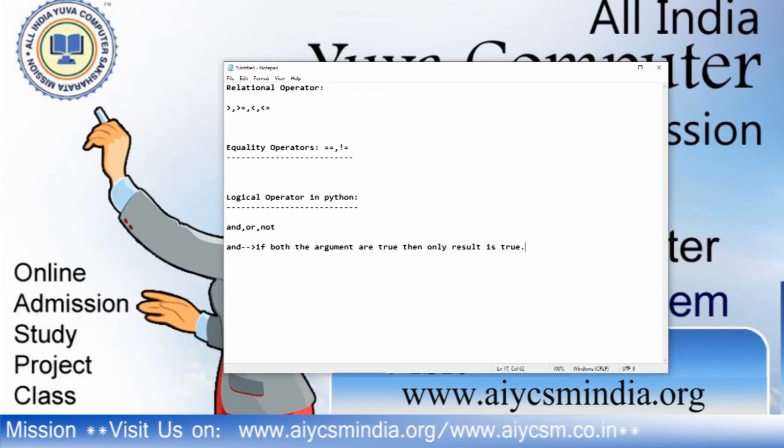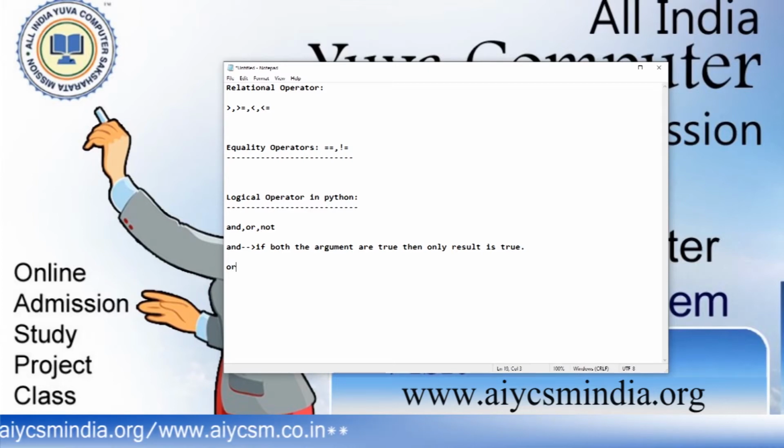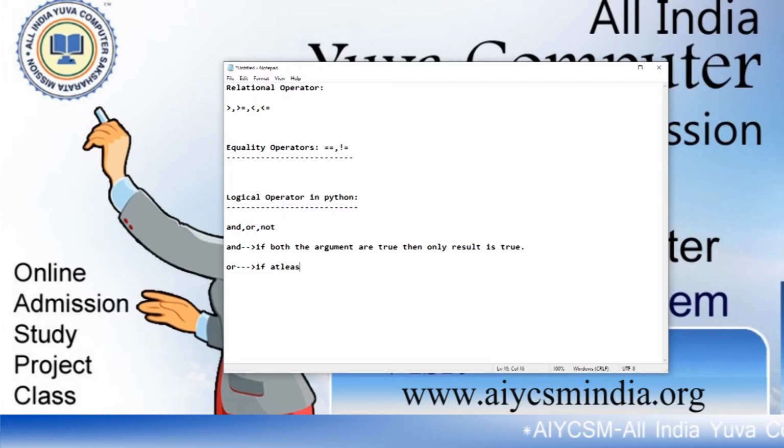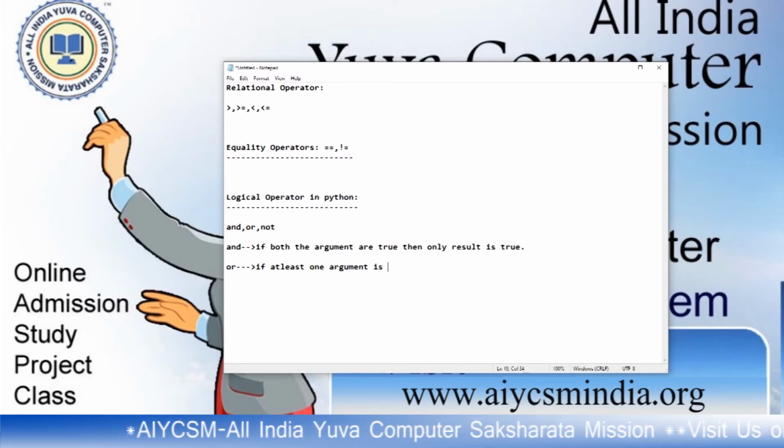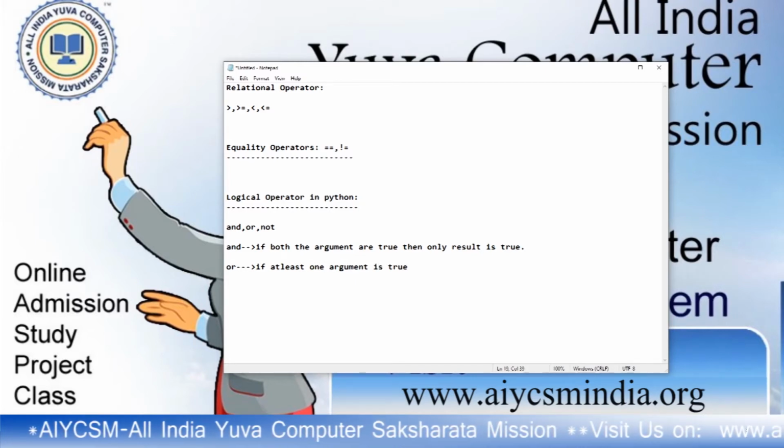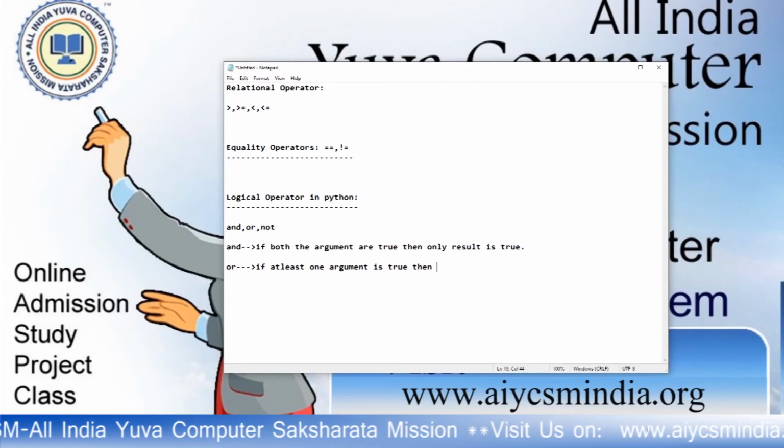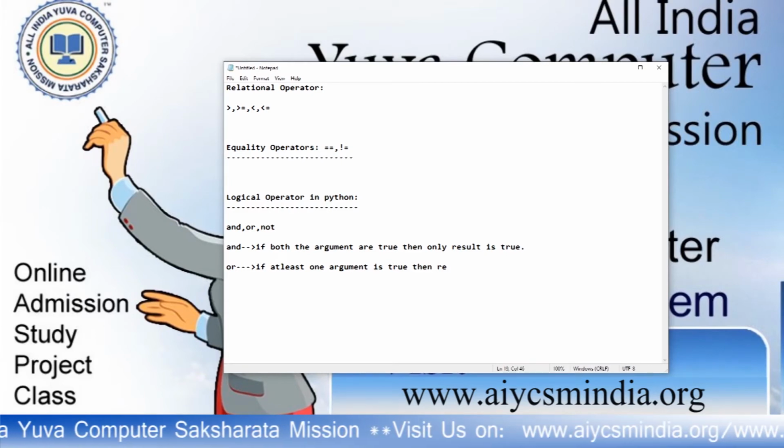Right now, we have discussed the basic theory. For or, if at least one condition, at least one argument is true, then the result is true.